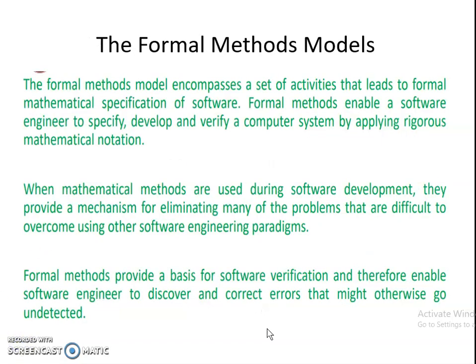Now the next topic is the formal method model. What happens in the formal method model is that it encompasses a set of activities that lead to formal mathematical specification of software, which is nothing but rigorous mathematical notation. Formal methods enable a software engineer to specify, develop and verify a computer system by mathematical notation.